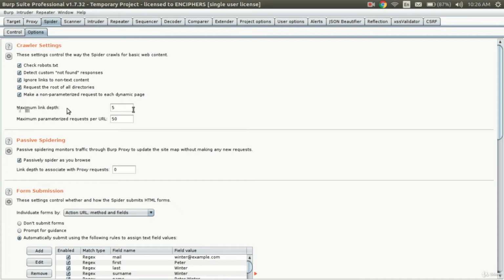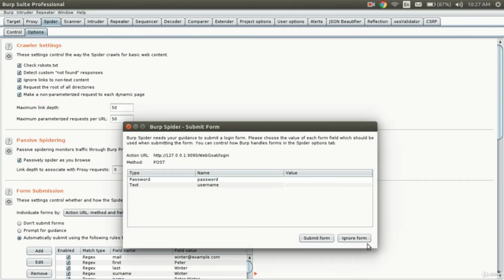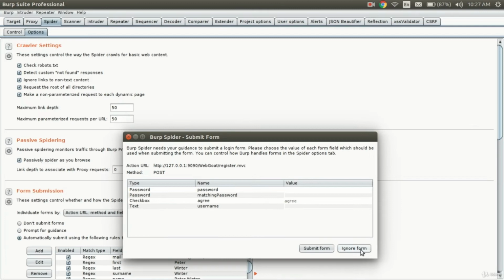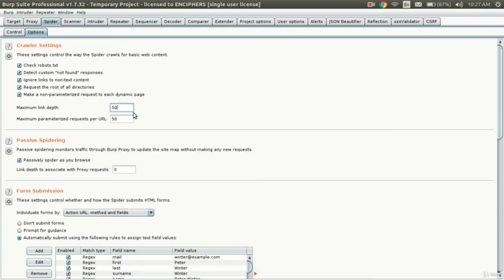So it's the maximum link depth. If you give it 50, it can take a lot of time, because there can be some dynamically generated content which will always keep being added. So it's always better to give it a smaller number.